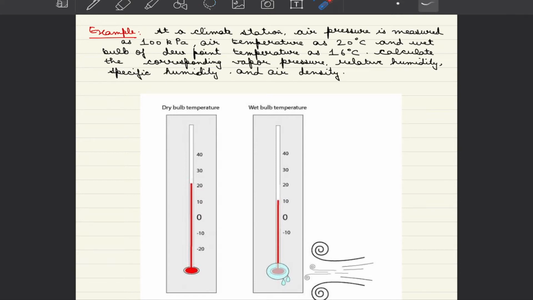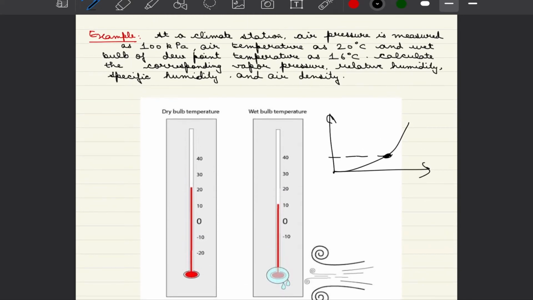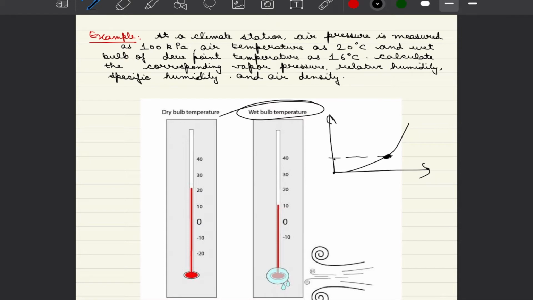And to measure this dew point temperature, what we do is that we take the dry bulb thermometer with a small modification. In this modification, we place the mercury into a piece of damp or soaked cloth. So what happens is that air near that mercury is always near saturation. So it will always tell us the temperature at the same vapor pressure that would fall onto the saturation curve that we saw in our last video, and hence this measure of temperature can help us calculate the vapor pressure E associated with the atmosphere.